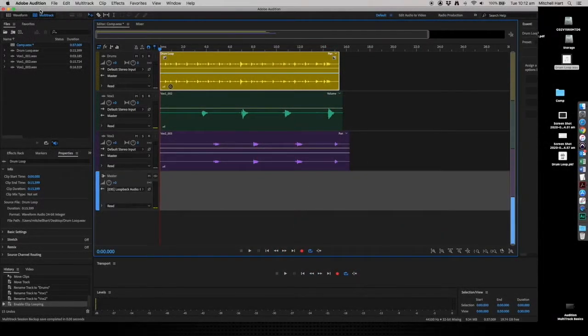Okay, there's a few things I want to run over again and show you in Adobe Audition regarding multitrack mixing. So the first thing is, one thing I didn't show last time is how you get the transport window up